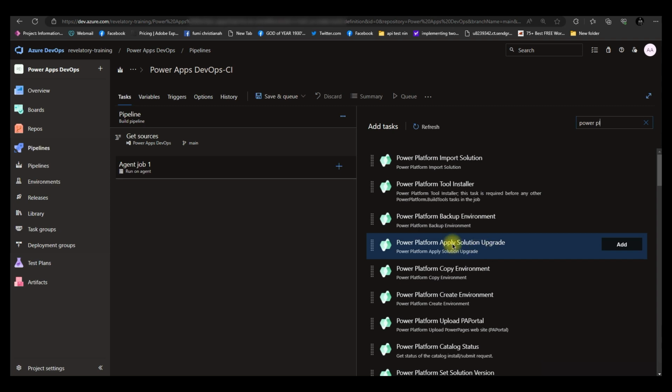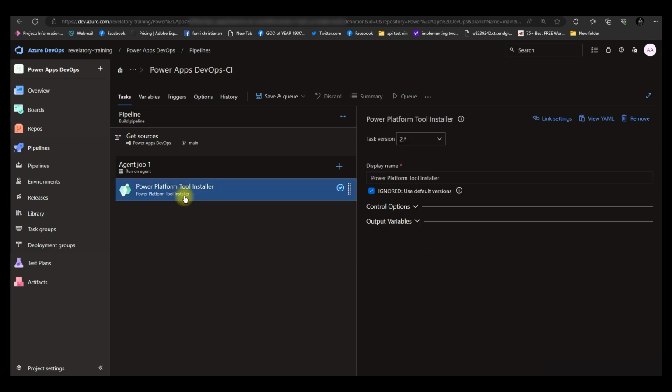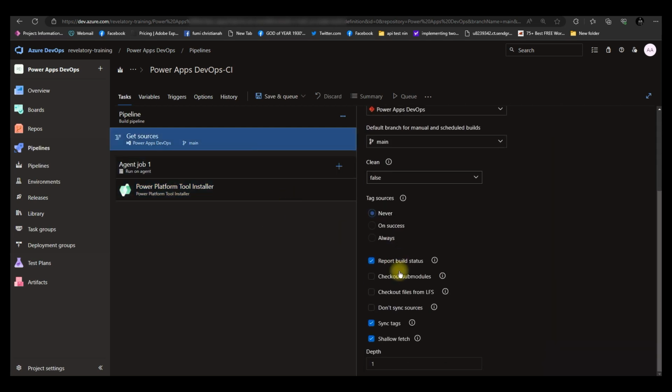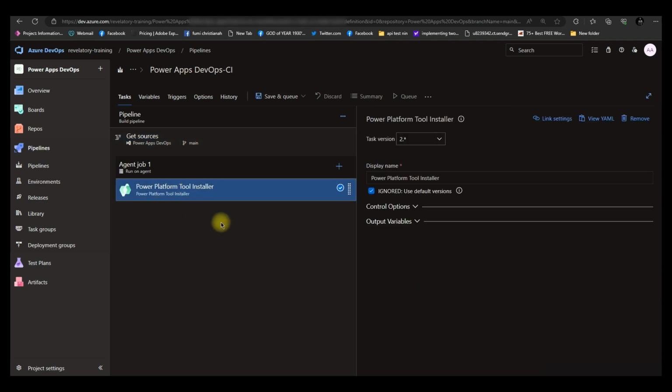So in doing that, first thing first, you want to bring in the Power Platform tool installer. This is like the trigger for anything within the Power Platform. It does not require anything. I'm not adding anything. I'm not doing anything. It's blank, empty. I'm not touching any element at all on there. Okay. The only thing I will do is I will probably come here and uncheck this shallow fetch later, because it might block us from being able to deploy our application later. So I'll probably come and uncheck that. But apart from that, everything is the same. So bring in your tool installer,